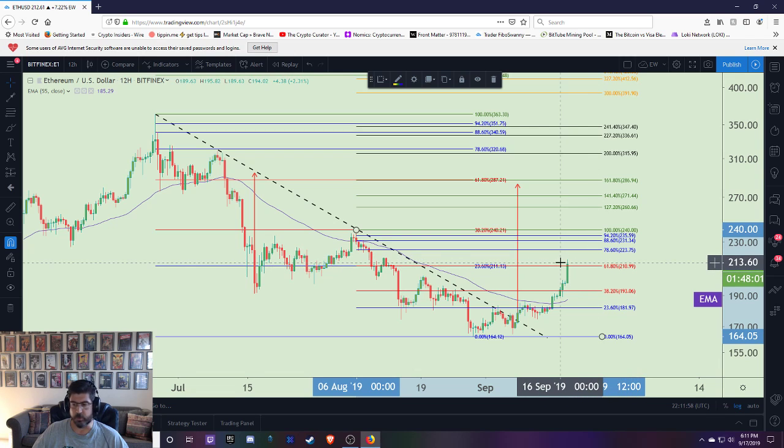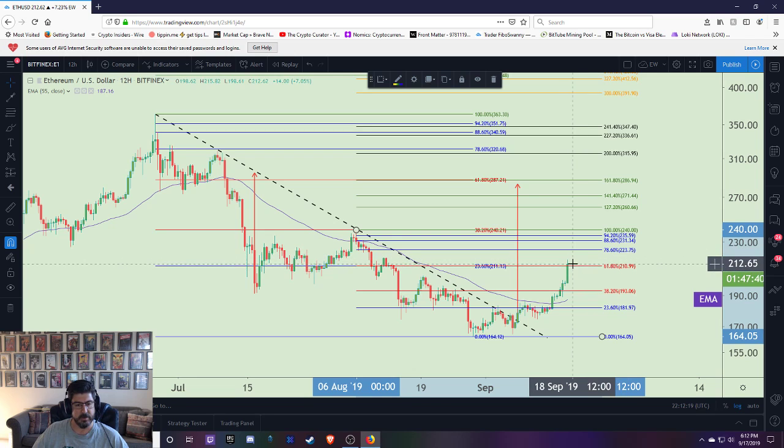So give it a support and resistance flip. 3% of 211, we're probably looking at like 217, 218, somewhere right around in there in my head. So if this candle closes at 217 or higher,